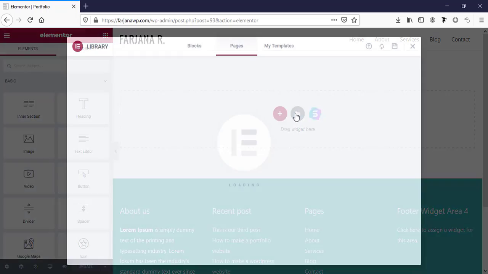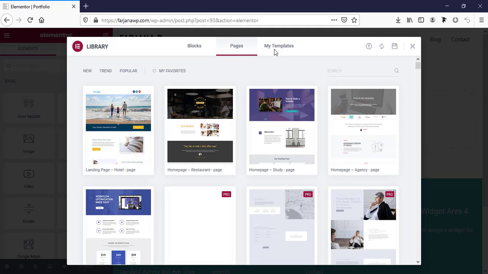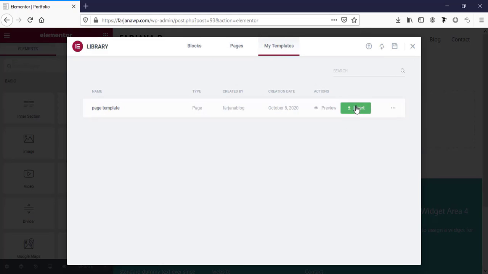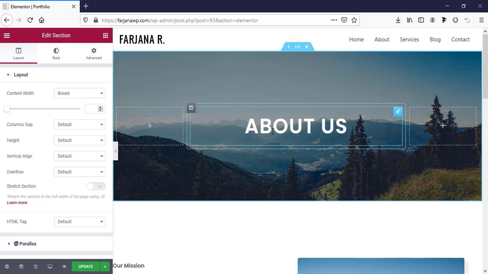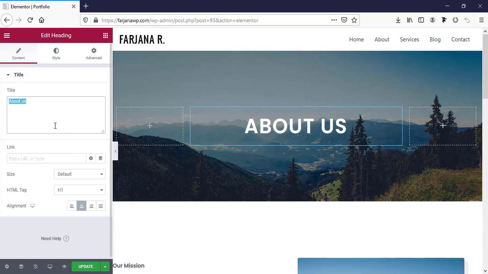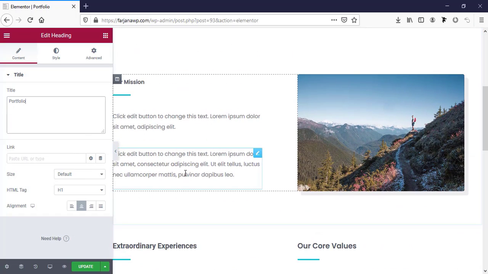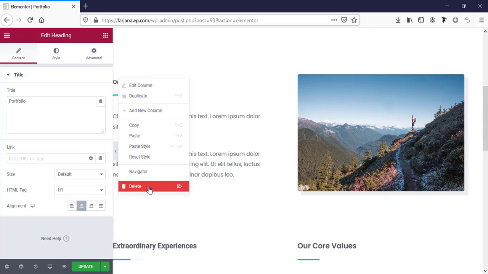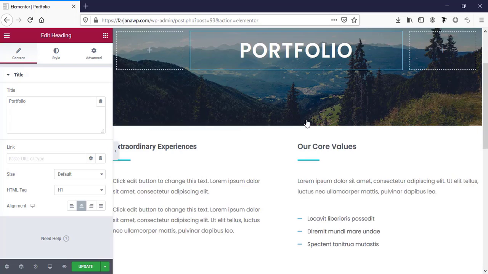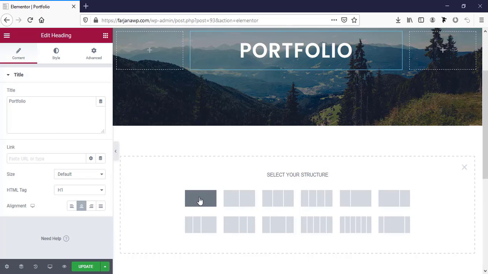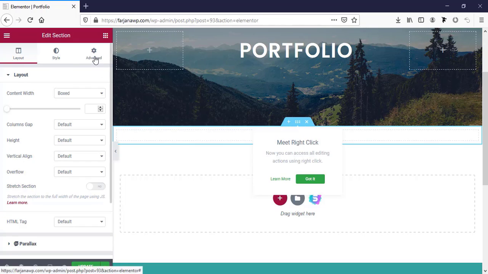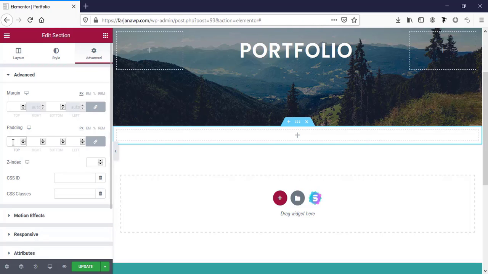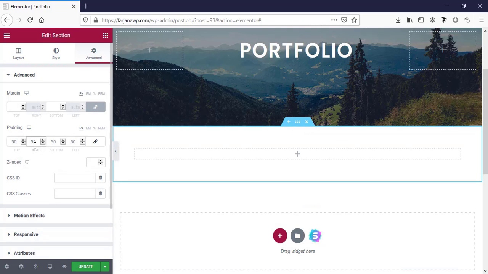So for this I'm going to folder and going to my template, and from here I'm just going to import this one page template. Yes, and again I am now changing the text to portfolio, and below this I'm just going to remove all these columns and all this section. I'm removing it, and here I'm taking a new section, one column, and here I'm just adding some top padding. I'm adding 50 pixel top. Oops, not from here. I'm removing left and right,